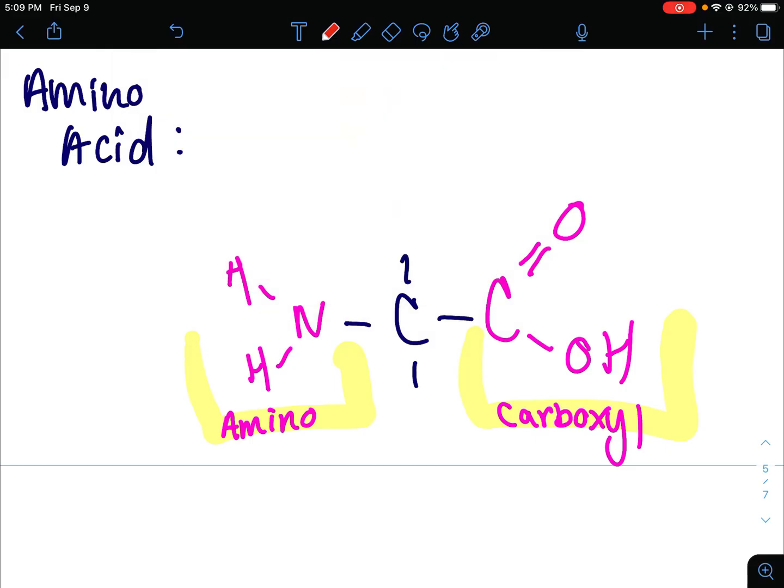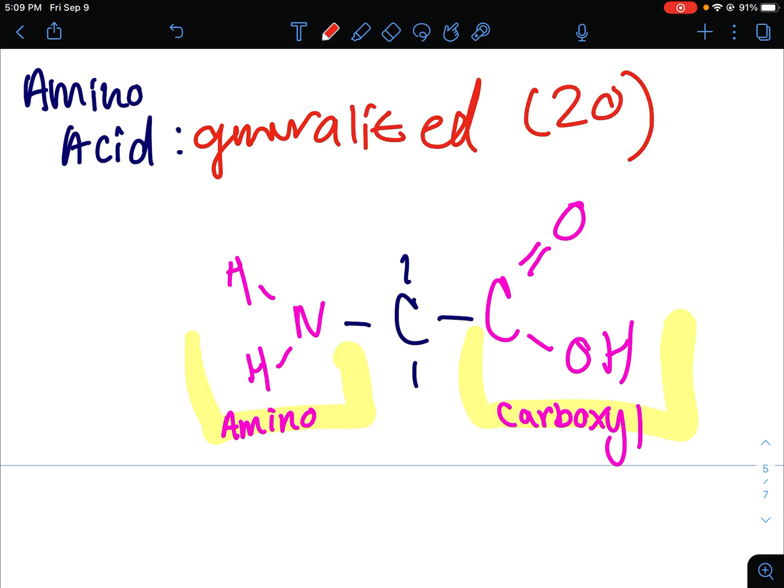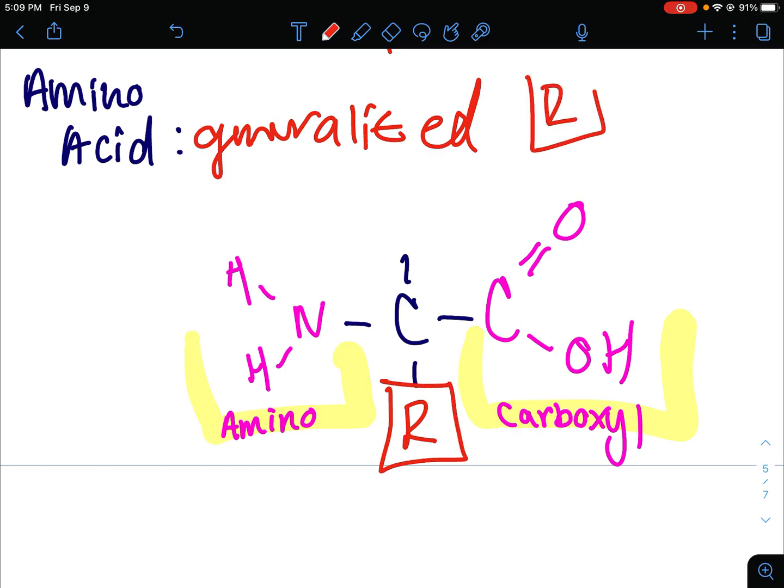Well, from what we talked about in class, the amino acid is going to be a generalized amino acid because there are 20 different ones that we could do, but you don't need to know how to draw the different 20. So we're going to fill in with a variable. So you can do an R with a little box. That R is your variable. That could be any combination of elements that will make it a different amino acid, but all